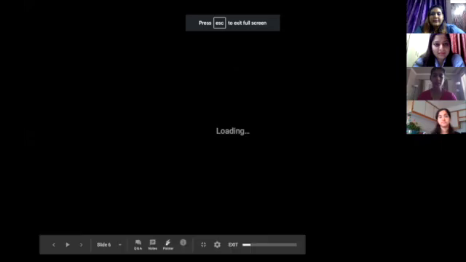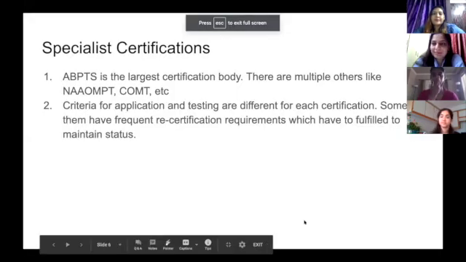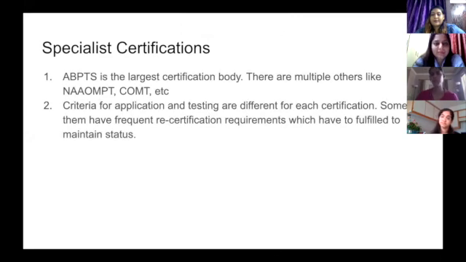So, just to start off with, there are multiple certifications that one can pursue. For the most part, the American Board of Physical Therapy Specialties is one of the largest certification bodies. They offer specialist certifications in multiple domains: orthopedics, neurology, cardiopulmonary, geriatrics, women's health, to name a few. ABPTS, you can just Google them and go on their website and find a list of certifications